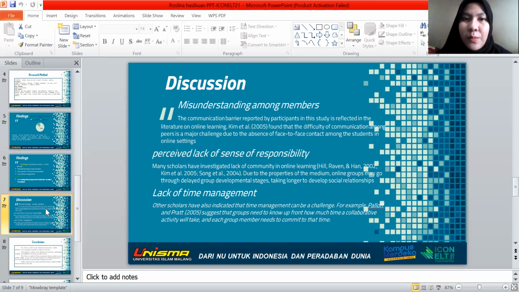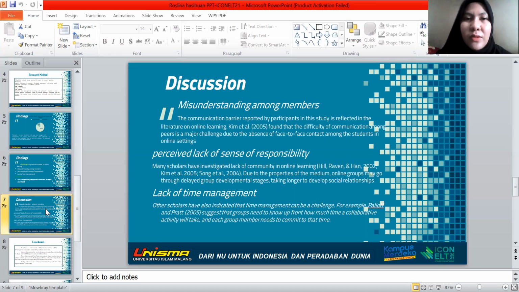And then next, perceived lack of sense of responsibility. Many scholars have investigated a lack of community in online learning. Due to the properties of the medium, online groups may go through a delayed group development stage, taking longer to develop social relationships. And then lack of time management.